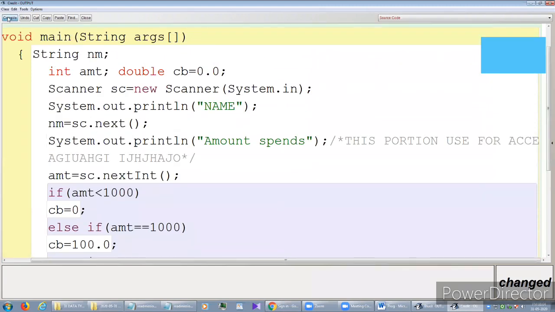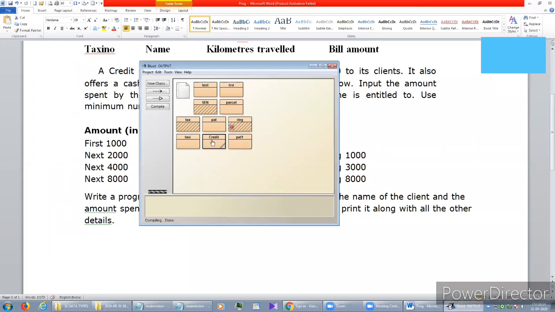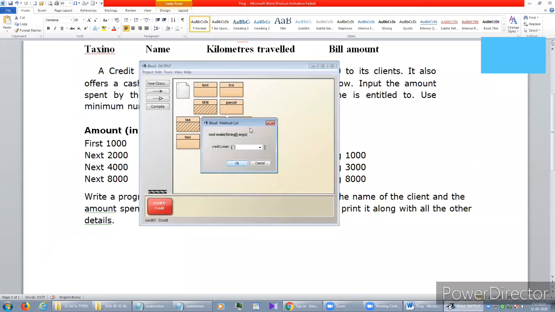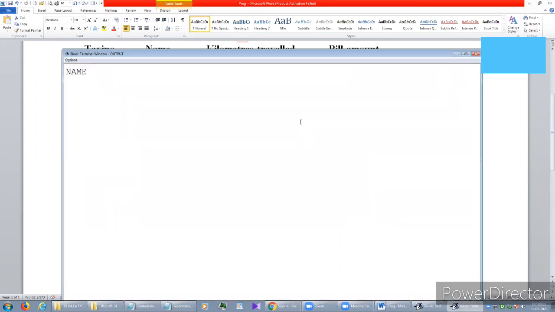Now if I compile this one, class compiled, no syntax error. And for this credit one, please concentrate here in this box, because we are using String args, so you have to give the square bracket open, square bracket close. Directly we will reach the terminal window. Name is asked here, so if I write this, after that the amount spent, suppose I write